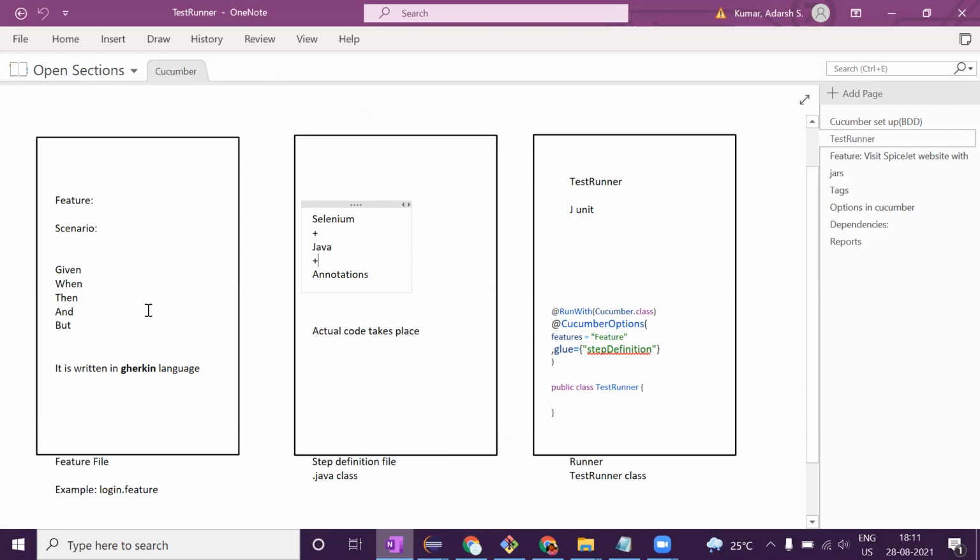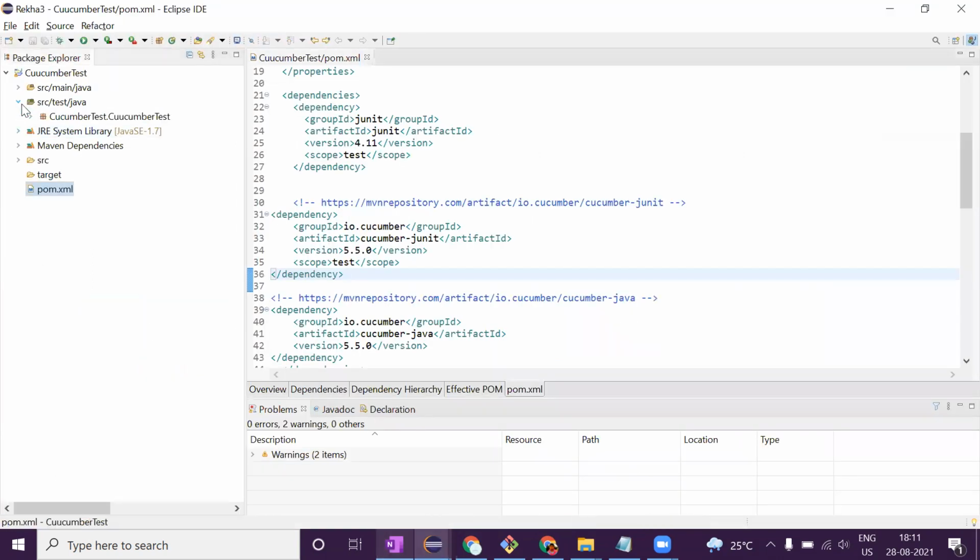In the runner file, if you want to link your feature file with the step definition file, the mapping occurs in the test runner, where you have a few other options, like reporting options and many other tags. I'll explain one by one. Now basically what I'll do is go ahead and create one feature file. Then we'll create a step definition file, then a runner file, and we'll see how it works. So I'll go to this folder. I'll just delete this.